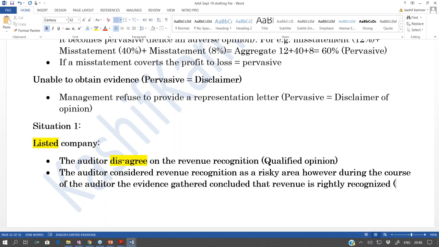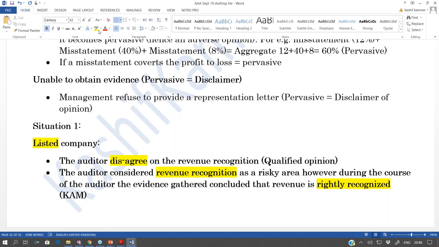Revenue recognition was a risky area, but when I gathered evidence on the revenue recognition, I thought revenue recognition is right. Is it something positive? Do you all believe revenue recognition is an important area of the financial statements? Yes. And has it been recognized rightly after the evidence was gathered? So what does ISA 701 say? That such matters, risky areas being an example, should go into the CAM only when the matter has been